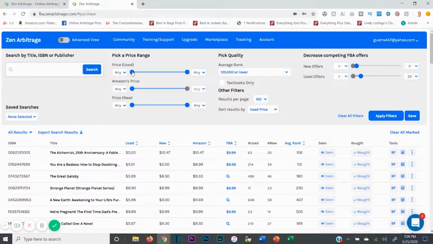So the used price, I'm going to go, what's the minimum price I want to set my used price at? What's the max? So I'm going to go a little bit so that at least we know that there's something there. So let's go like 50 cents. And then the max used price will go like maybe like 36. And then Amazon's price, I'm going to set a little bit high. We'll go like 30, we'll go $40. And then the new price will go like 40, sure, 39. Why not? And then we're going to hit apply filters,